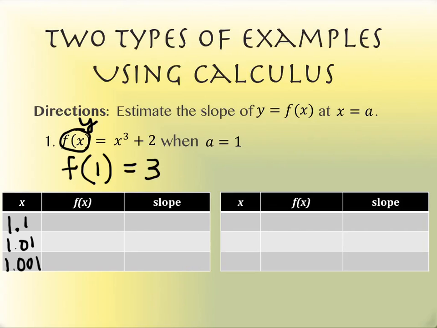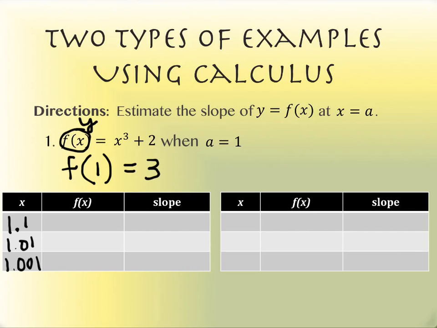So take a look at your calculator if you aren't aware of how to do a few things on here. We're going to make you aware of them. First, make sure that your table is set up properly in order to do what I'm about to do, okay? So you're going to hit second window, and you should get a screen that looks something like this, if you're using this particular version of calculator anyway. It may not have all the same numbers written in the same places, and it may not have the same thing highlighted. What you need to make sure that you do have is that both of these